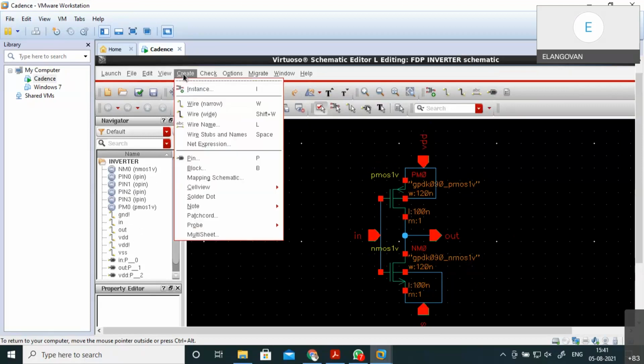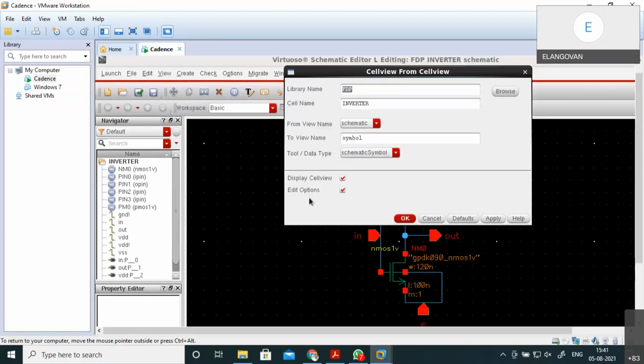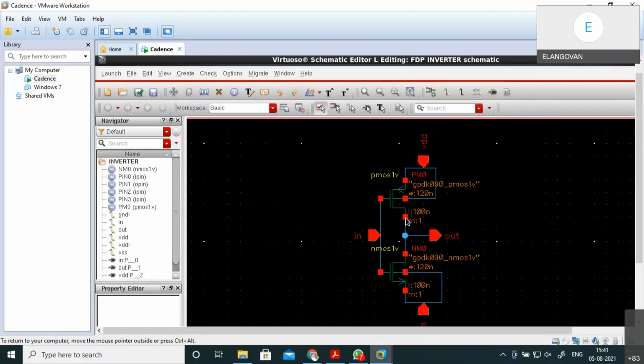So go to create cell view, from cell view. There it is asking what name you are going to keep. Suppose I'm saying inverter symbol.